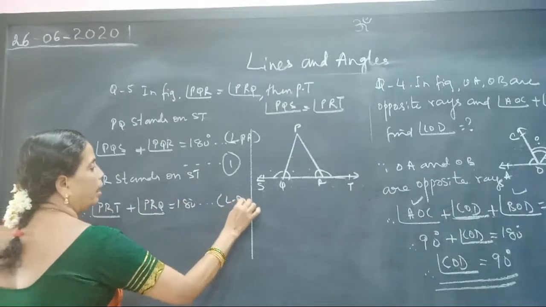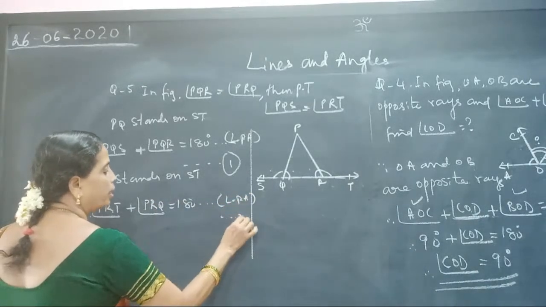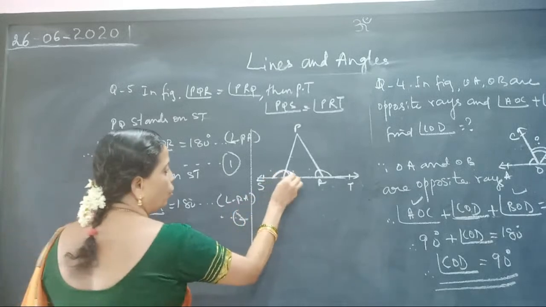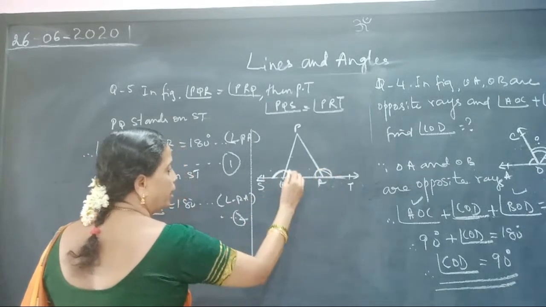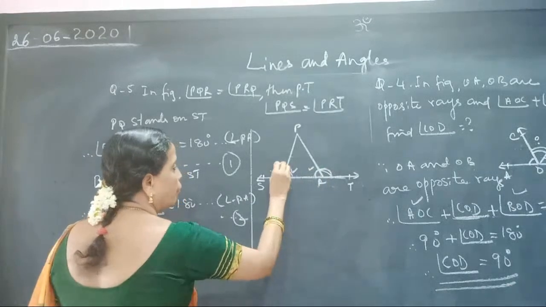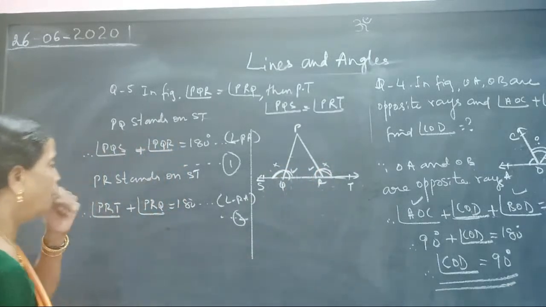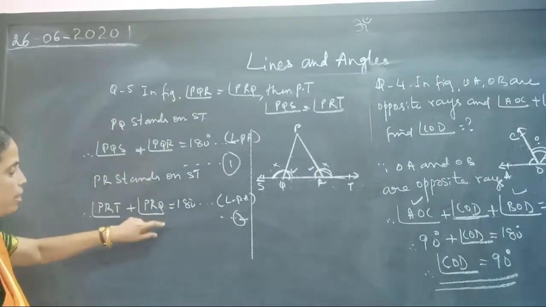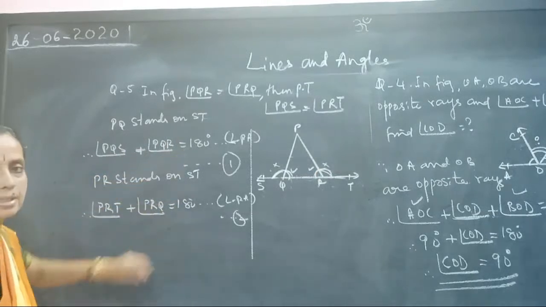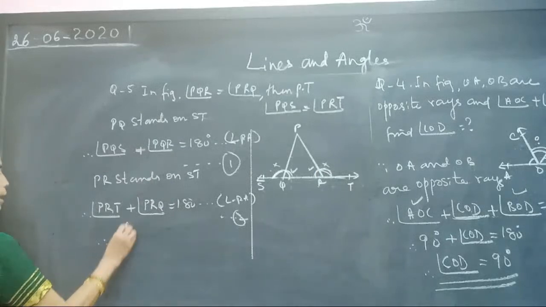Linear pair angles, equation 2. The sum of these two is 180, the sum of these two is 180, but these are equal, so this is also equal, as we have to prove. Okay, so now in equation 1 and equation 2 you have RHS equal, therefore you write from